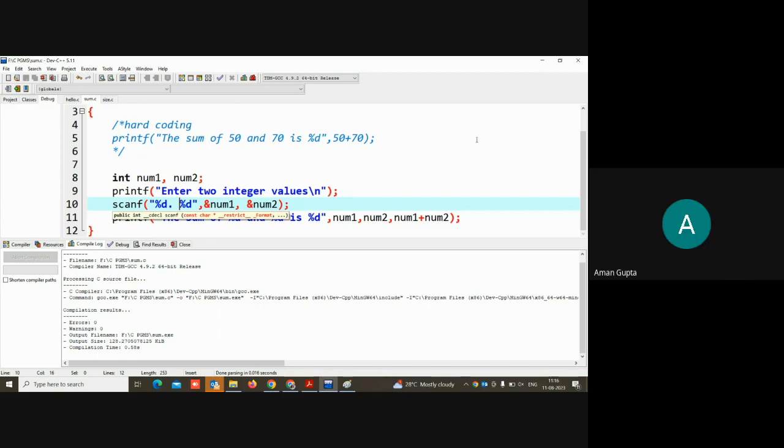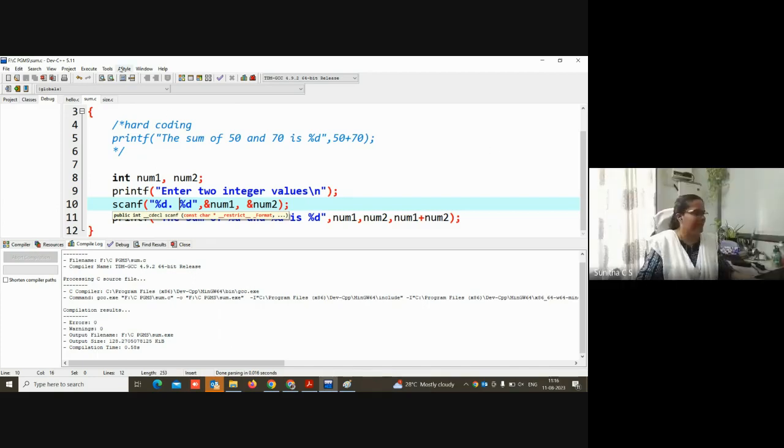Explain about delimiter. Yeah, delimiter in the sense, for example, I'm reading two numbers. If I give %d without any delimiter and %d, how will I give my two values when I'm giving input? Suppose, for example, I give a comma, instead of dot, I'm giving a comma over here.